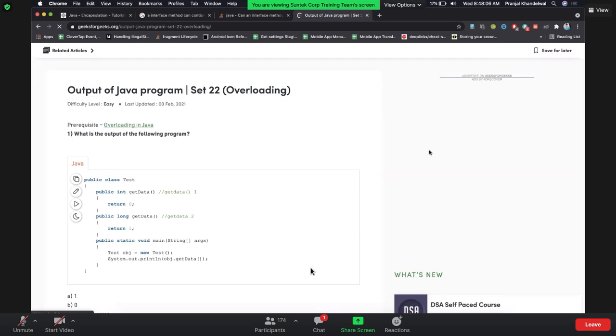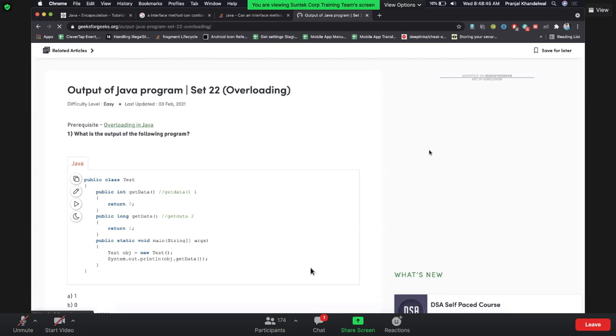Basically we are trying to achieve overloading. Will it be possible to achieve overloading over here? If yes, what would be the answer?